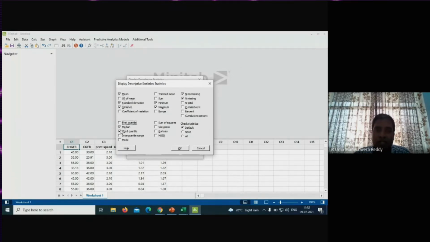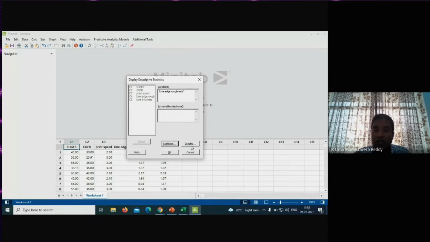So first quartile and third quartile: if you have 100% data, say 100 data sets, data set 1 to 25 is called the first quartile, and 26th to 50th is called the second quartile data, the third quartile is 51 to 75, and the fourth quartile is 76 to 100 data set number. So I need to find out the mode. Then I need the minimum value of the data, maximum value of the data. If I want the range, you can click it. That's it. So let me show you all this. Sometimes you require this, skewness and kurtosis are very important to understand the distribution. So let me select all these terms and click OK.